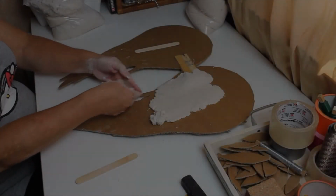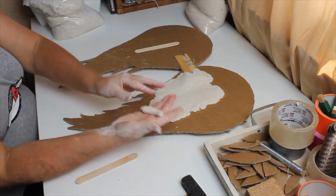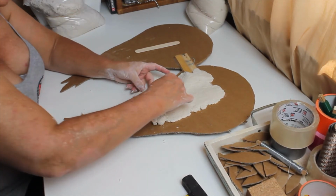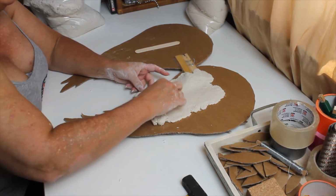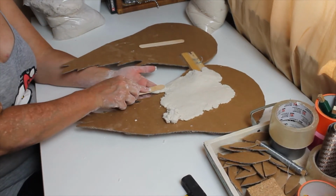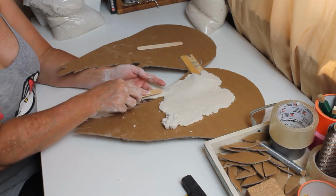When you do these ends here, I suggest that you roll it out like this, and then you see how that looks there? And gently fix this. You may have to lift your hand up on it and then asphyxiate it. And then, like I said before,